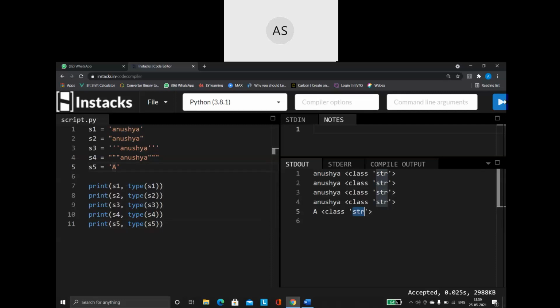Right. So now having said this, what is the next step that we have to know? Which one to use? So you're going to create your program. Which form of string should I use? Should I go for a single quotation, a double quotation, or make use of the triple quotation? This is one small confusion that is always there when you start with your programs. So I'll just tell you a few examples of the ideal situations for using each format of string.